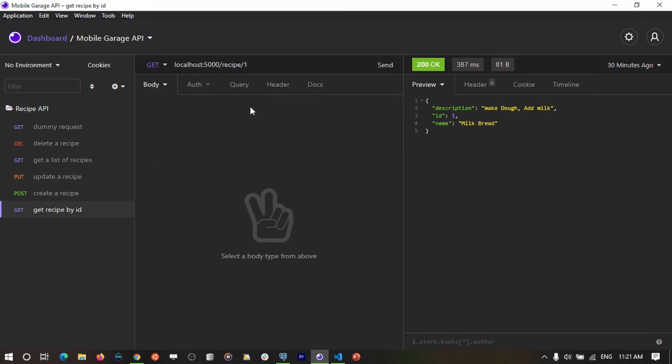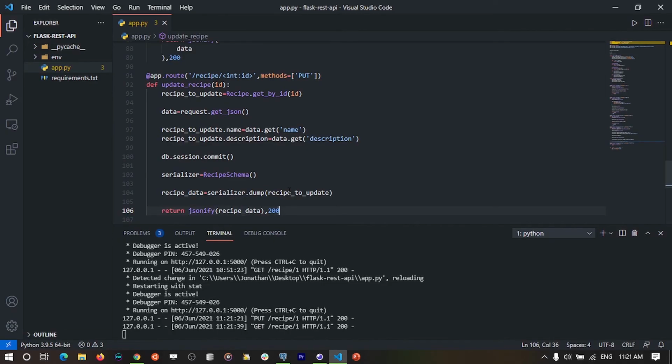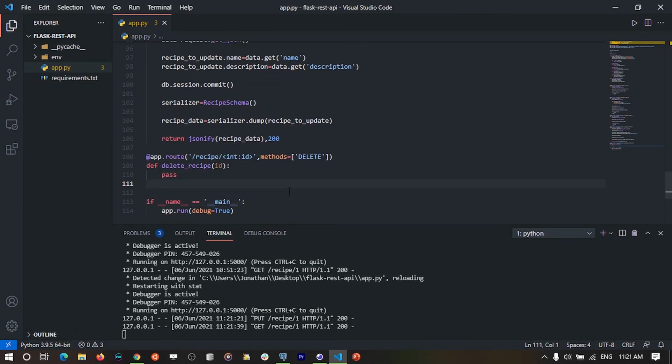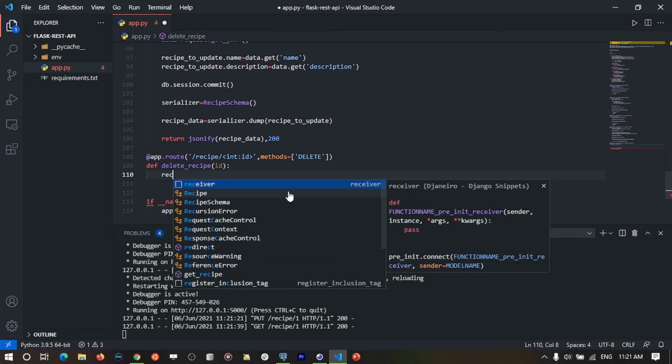And when I go to the recipe and get it, we get the milk biscuits, which means that our object has been updated successfully. So let's also create that route that deletes. I'm going to come to delete, and the first thing is to query the recipe we would like to delete. So I'm going to say recipe